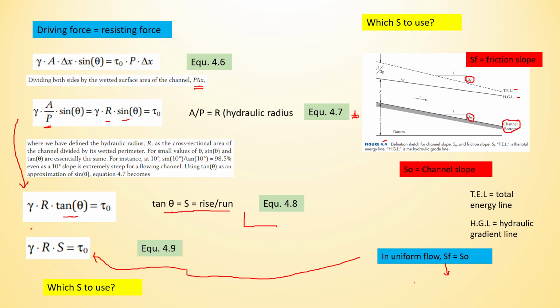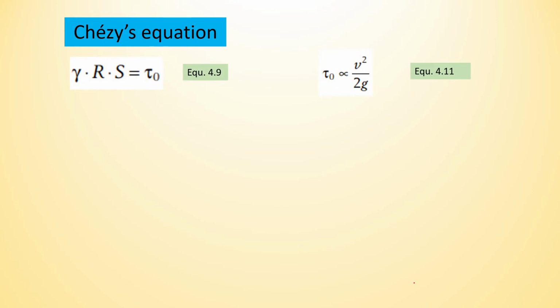We already have equation 4.9 here, as we derived. Then you also know that this friction, this shear stress, is proportional to velocity. Proportional to velocity. So by combining these two equations, we get